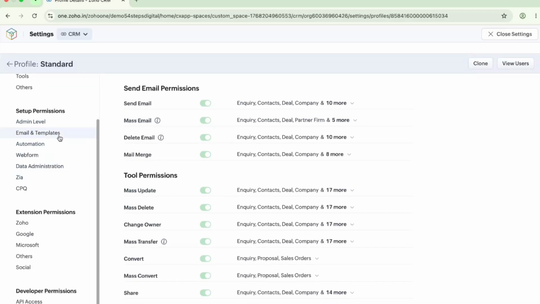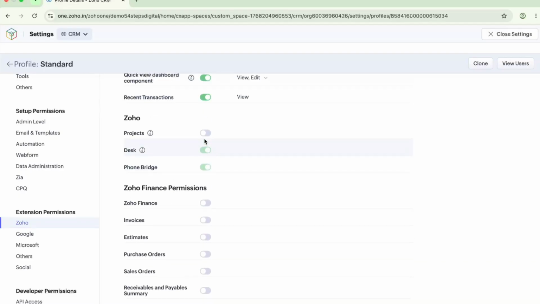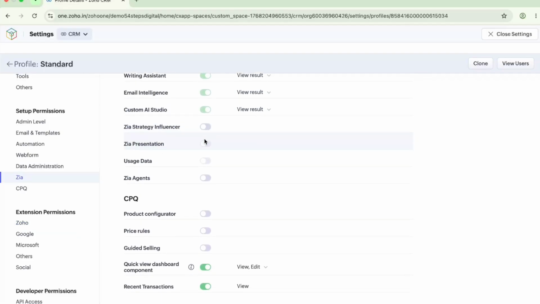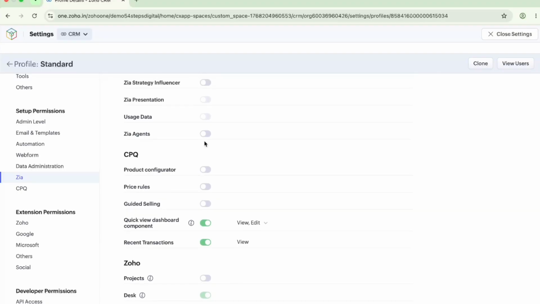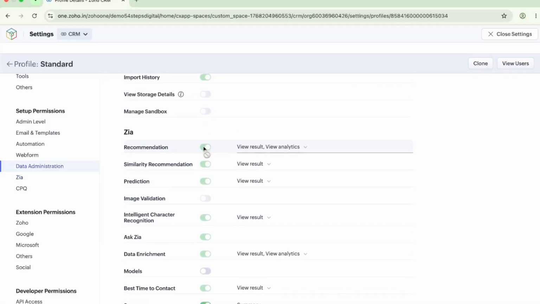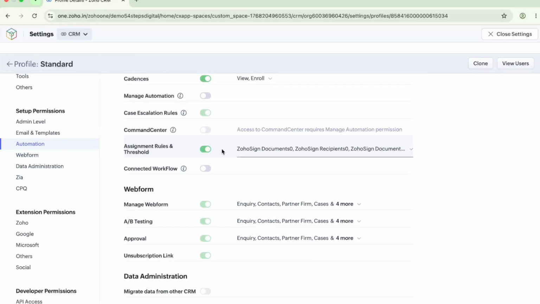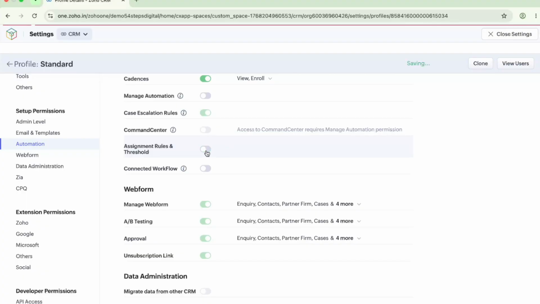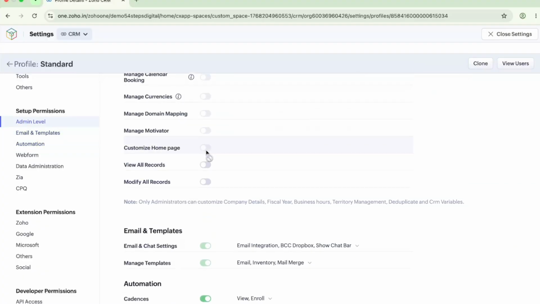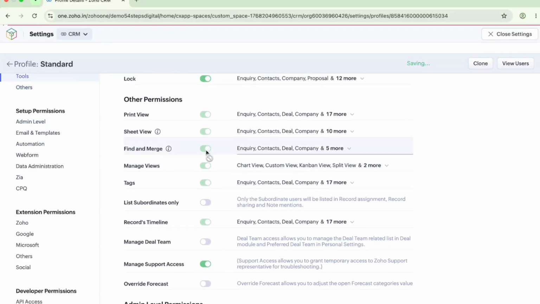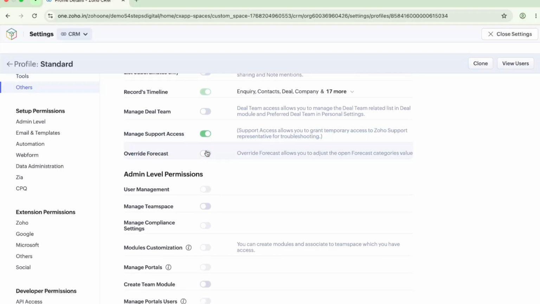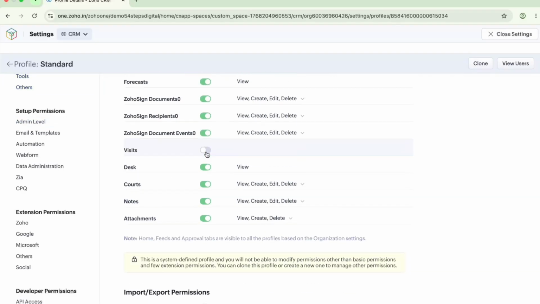And these are the same as I have explained in admin. So in admin you have less control over permissions, but in other standard modules or custom created profiles you are able to edit the options. So here you can see by clicking this you can disable it, and if you want to enable, you can simply enable the permissions. So here are multiple permissions, so you can control in this manner.